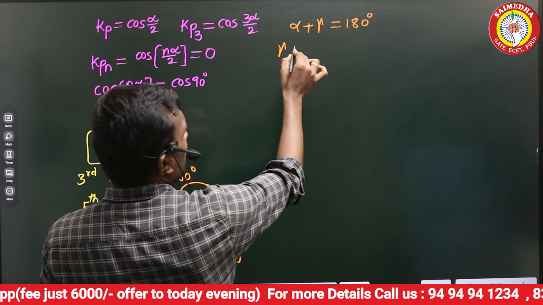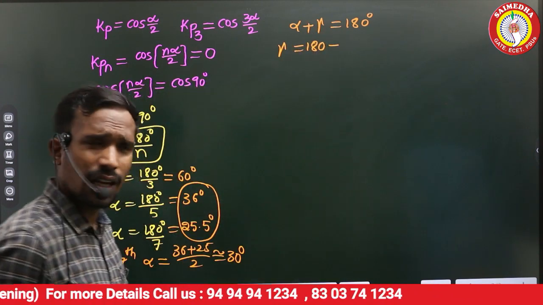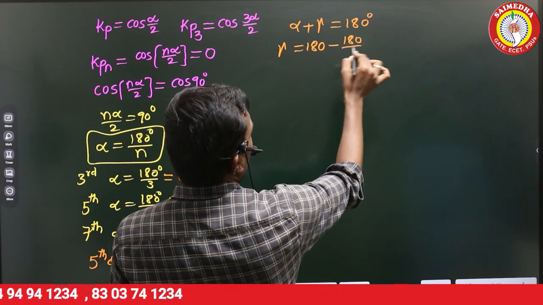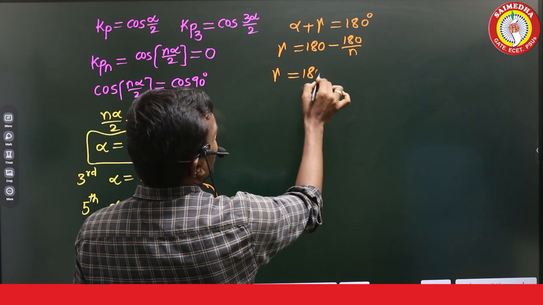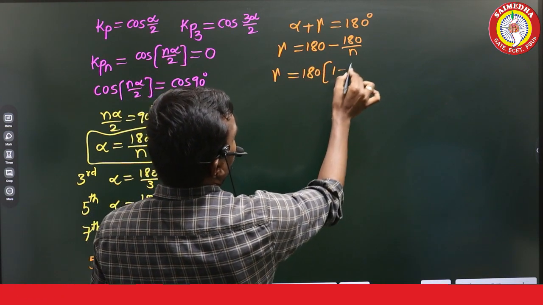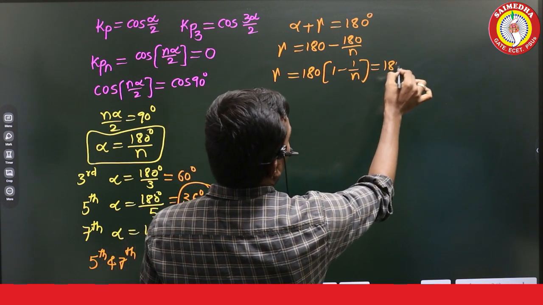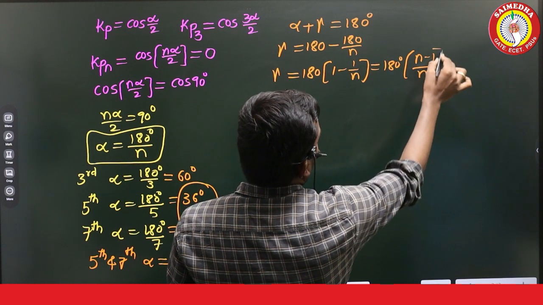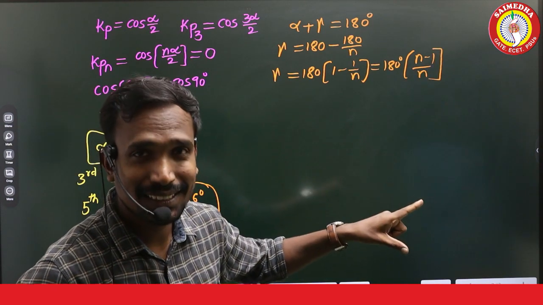Then what is gamma? Gamma is equal to 180 minus alpha. What is alpha? 180 upon n. Taking 180 common, this is 1 minus 1 out of n, which is equal to 180 into (n minus 1) by n. To eliminate nth order harmonics, the coil span